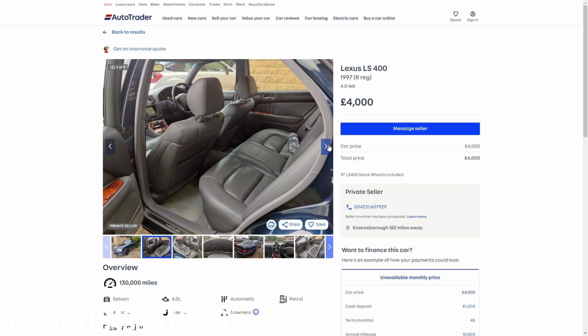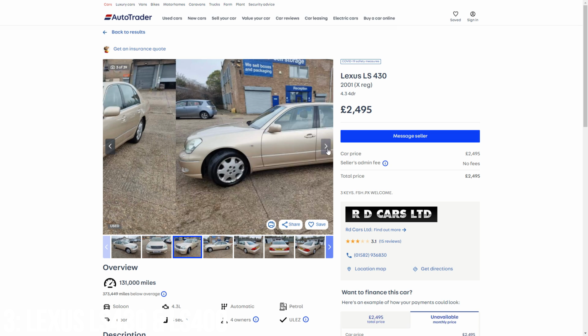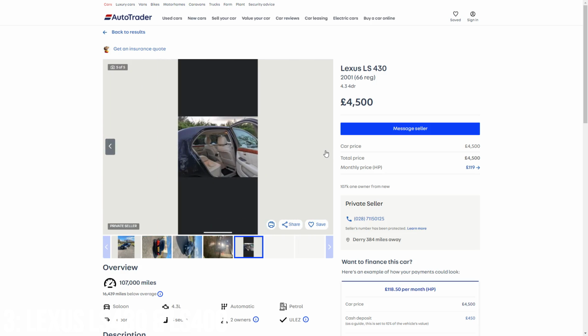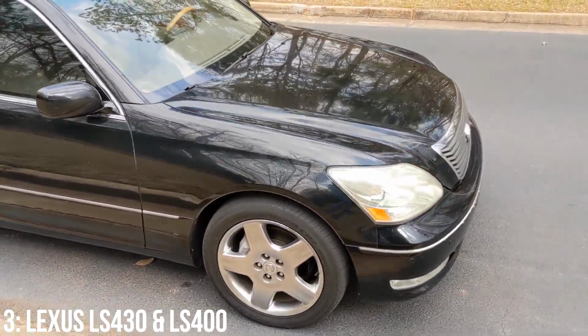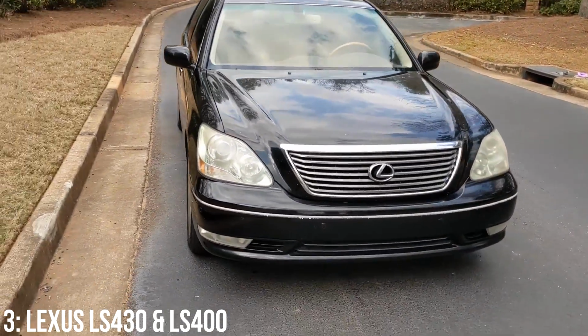The LS430 starts at around £2,500, with £5,000 getting one with 100,000 miles on the clock, and the LS400 is also available for well under 5k with similar mileage, meaning you've got hundreds of thousands of miles to go. Of the two, I personally would have the LS430 as I love how understated yet old school luxurious it is, but either way, whichever you go for, you're buying into a reliable luxury car with a bit of a cult